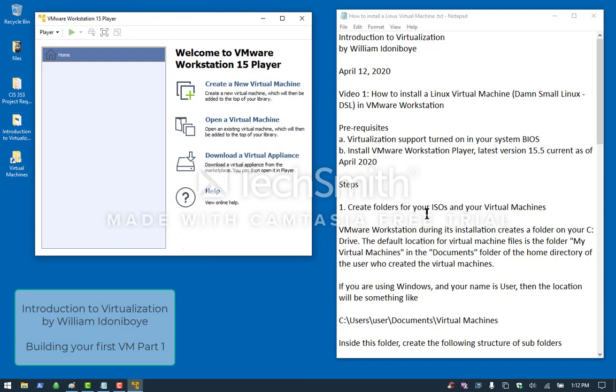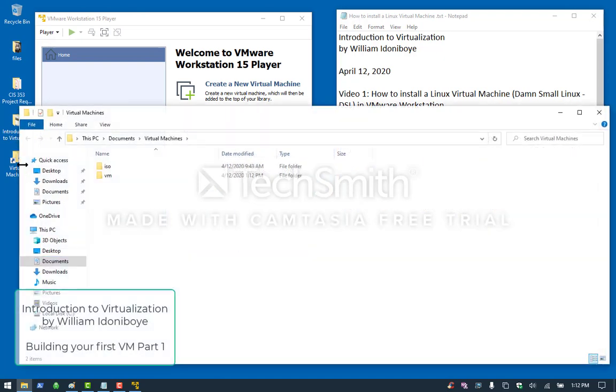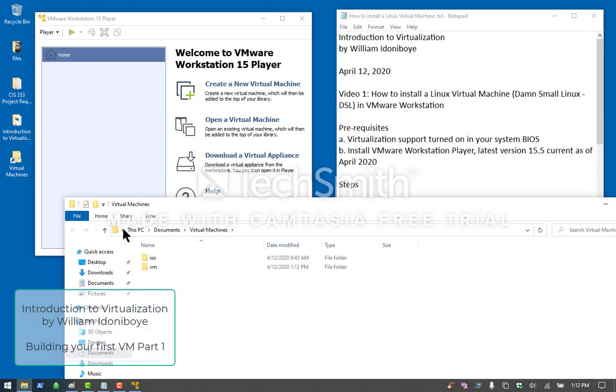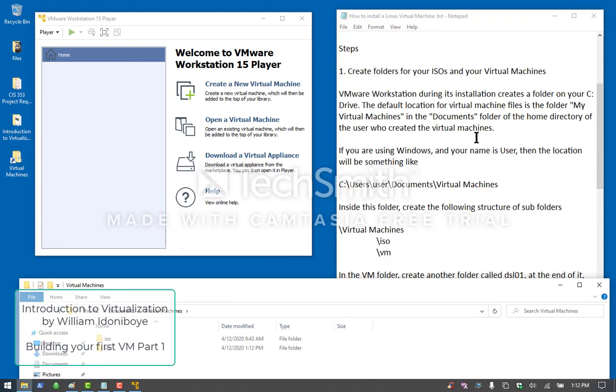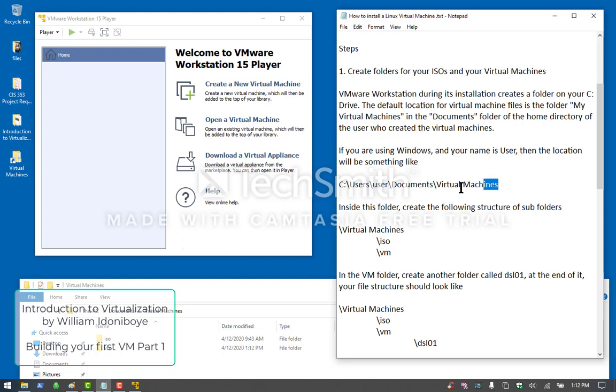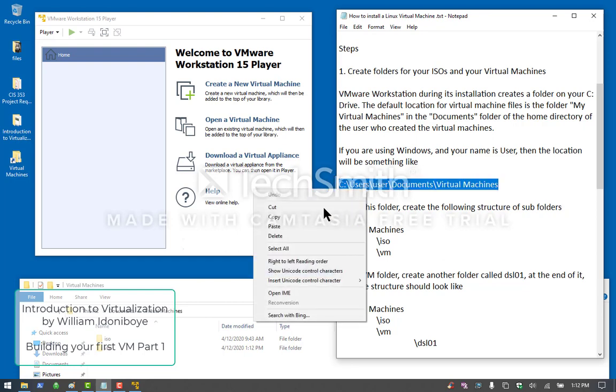The first thing that you should do is open up your C drive. By default, when you install VMware Workstation Player 15, it creates a set of folders for you, and those folders are typically located here under your user directory in the users folder, in your documents, and the folder is called virtual machines. So if you navigate to that folder,